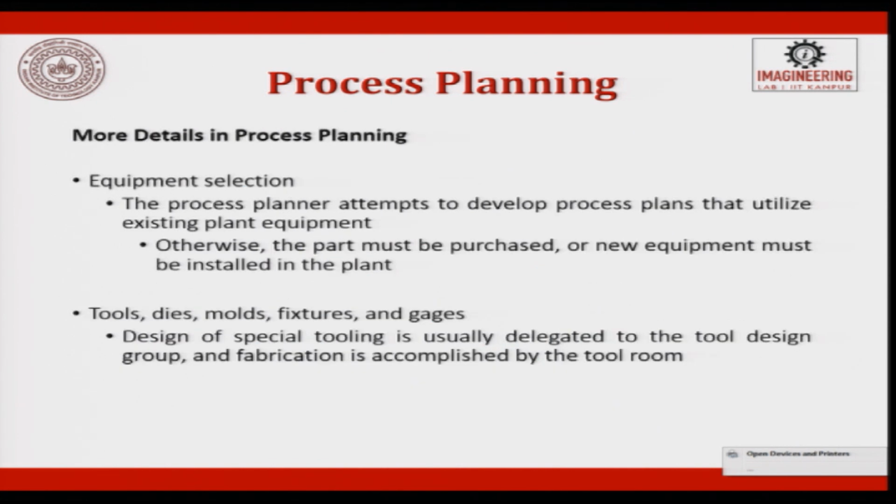Once you have understood the sequence, next comes deciding the equipment. For example, you have a sheet or a plate of 10 millimeter thickness. It has to be cut along a straight line. You can do it by water jet cutting, by plasma, or even by a shearing machine.